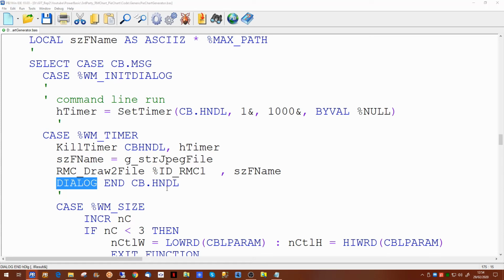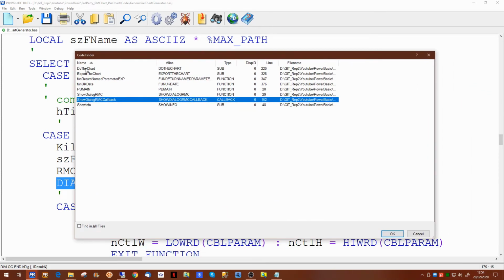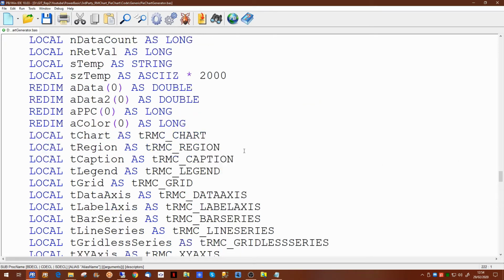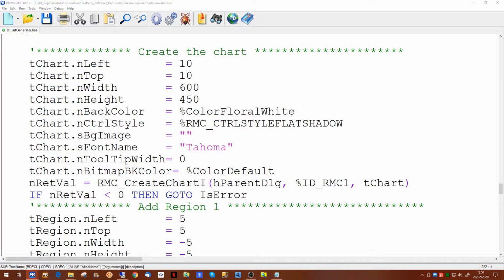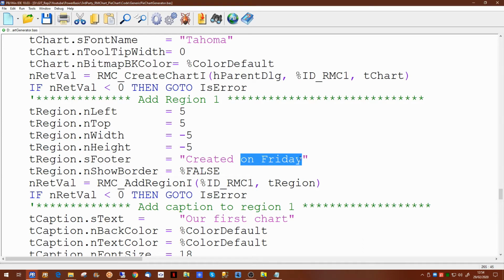So having done that, what we have to do now is look at the part of the application which actually draws the chart on the screen. Do the chart. Now do the chart's doing everything we actually want, but some of the information we've got in here needs to be replaced with the global variables we've set up already. One thing we can do, in our footer where we've got created on Friday, we can amend that by quite simply adding in the date